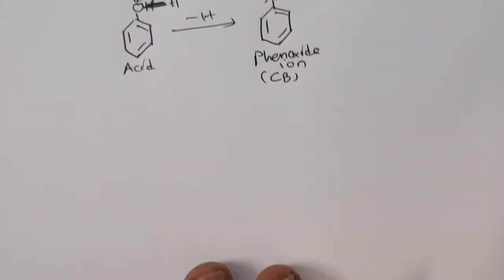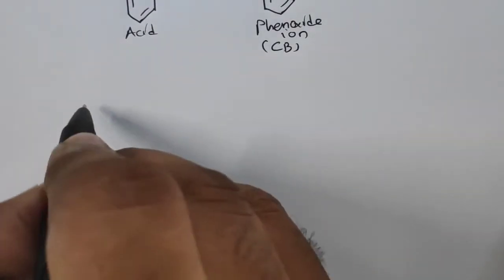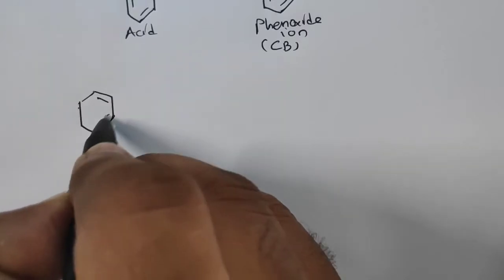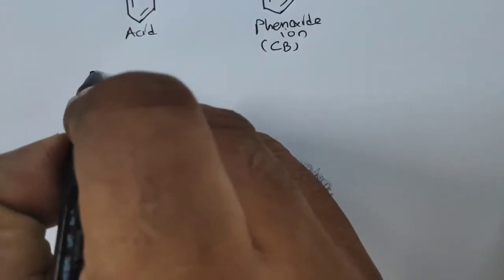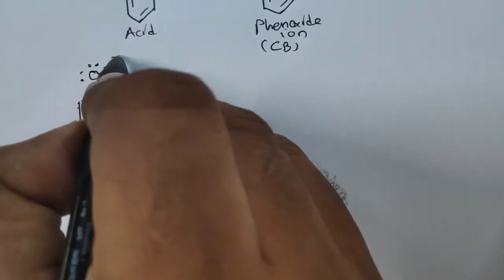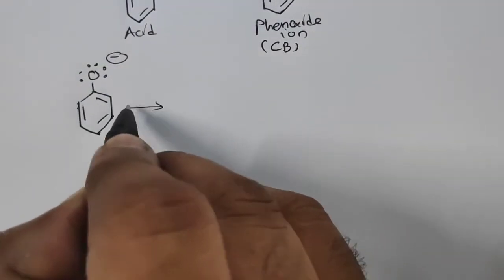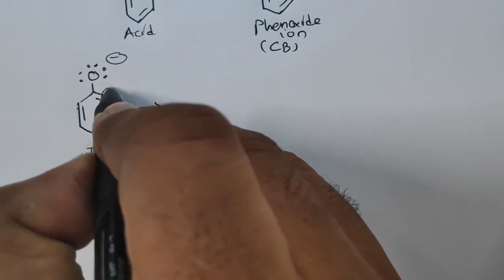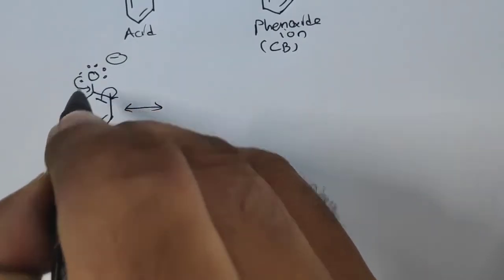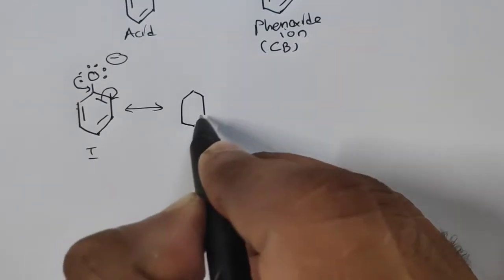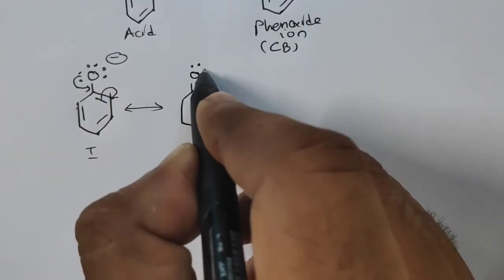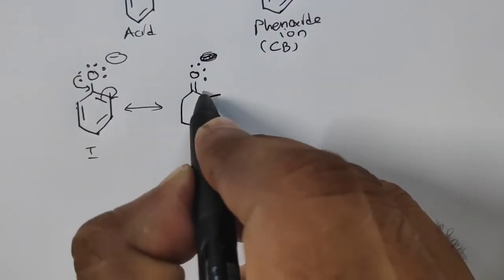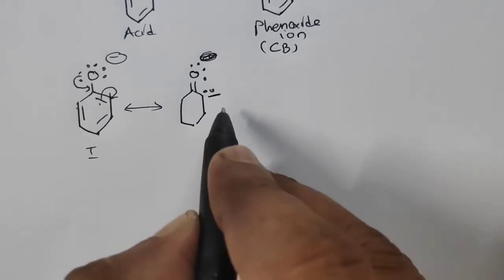Now when we draw the resonance structures of the phenoxide ion, you will see that there are 5 resonating structures. Suppose I draw the phenoxide ion like this, with 6 electrons and a minus charge here, right? This is structure number 1. If I draw the second structure, you will see the shifting of electrons. This pi electron will shift to this place, and this electron I will draw like this. So in the second structure, it will be a double bond to O with a 2 electron pair, and the minus charge is now delocalized; it will go here because this pi electron pair came to this position.